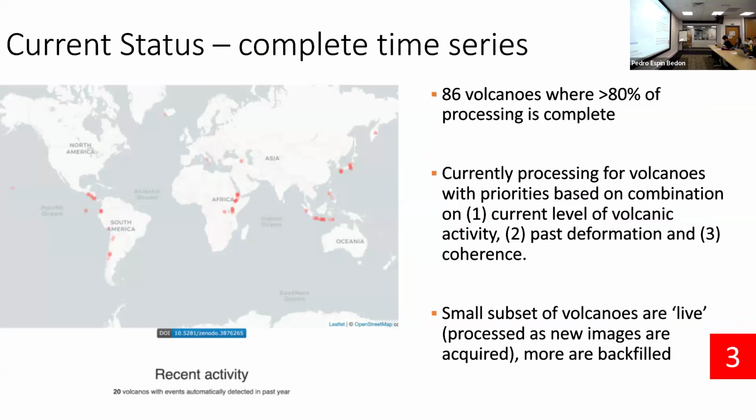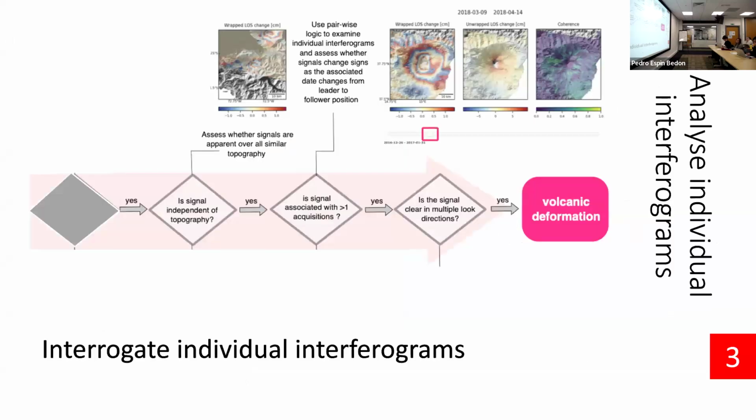So the priorities for the processing are essentially how hazardous we think the volcano is and which volcanoes are being actively researched or in a state of eruption activity. But as I introduced at the beginning of this morning's presentation, there are some parts of the world where doing InSAR is beautiful, it's straightforward, and you get very clear results. And in others it's much more challenging and requires much more intervention and detailed processing to make sense of it. So I'm going to introduce the potential of what you can do with the portal now, on the basis of the discussions of noise and some understanding of where signals come from this morning.